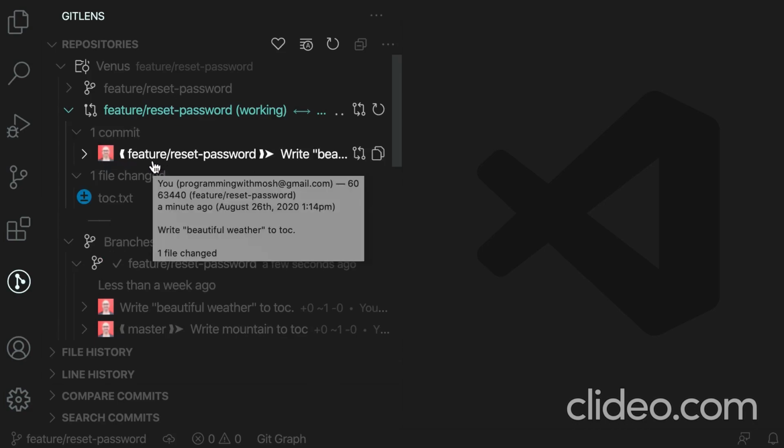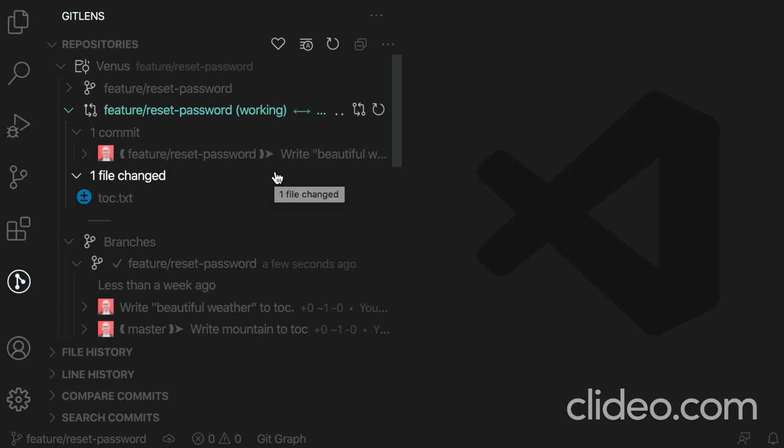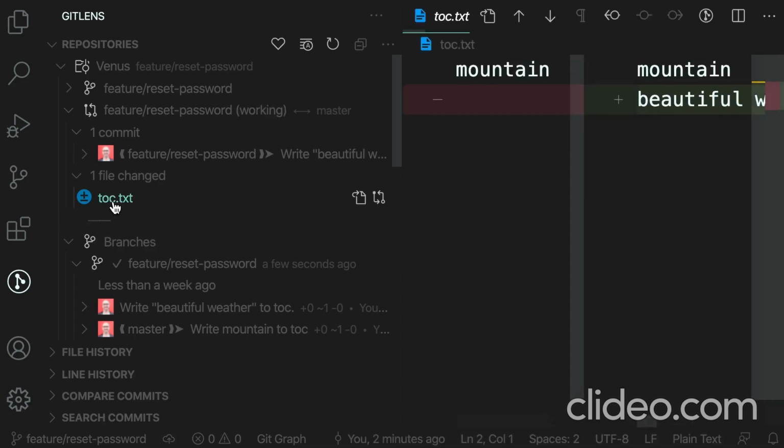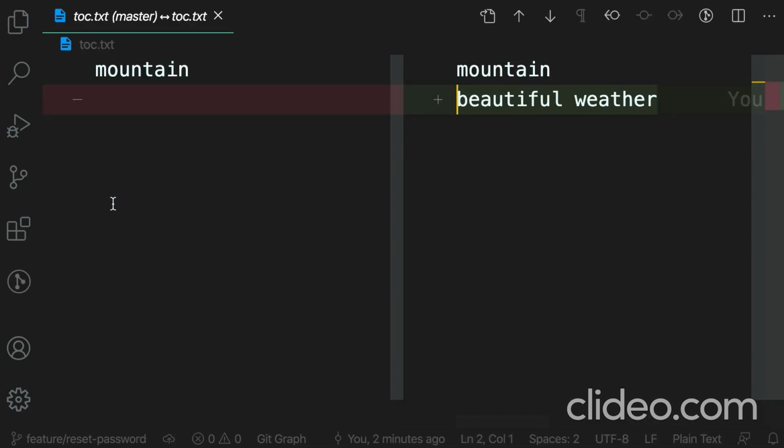In a real situation, we could have several commits here. Some of these commits are on master, the others are on the feature branch. We can also see the summary of files that are changed. So in this example, our table of content file is changed. We can click on it to see the exact lines of code that have changed. In this case, we have this new line in our feature branch. So after we merge this branch into master, this new line is going to be added to table of content